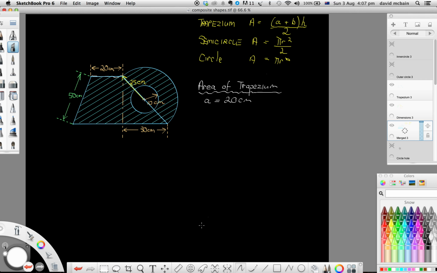Let's have a closer look. Let's bring our ruler in, and I encourage you to use geometric drawing implements such as rulers, protractors and mathemats to draw accurate diagrams. Often the key to solving these problems is to actually have an accurate diagram to work with. So I'm going to draw a little dotted line down there like this. From here to here is 20, so we know that from there to there